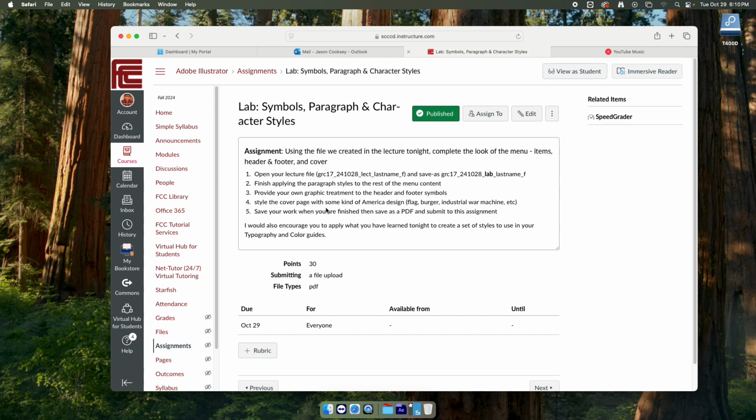We did that a few weeks back, and so we're going to basically do the same thing but for our characters and our paragraphs. Now, not everything that you do in Illustrator is going to be